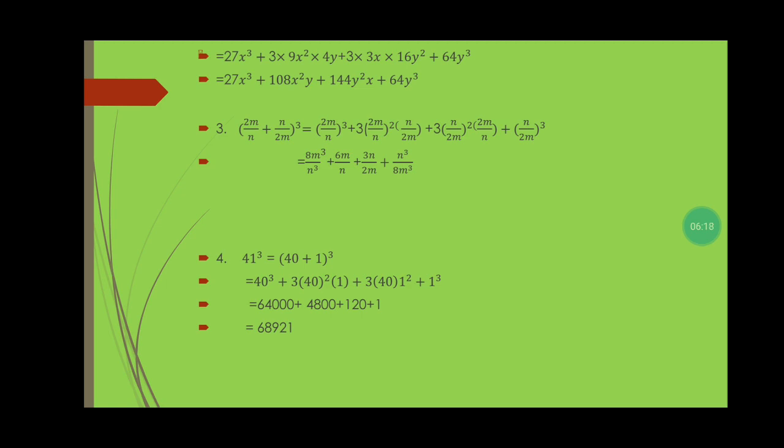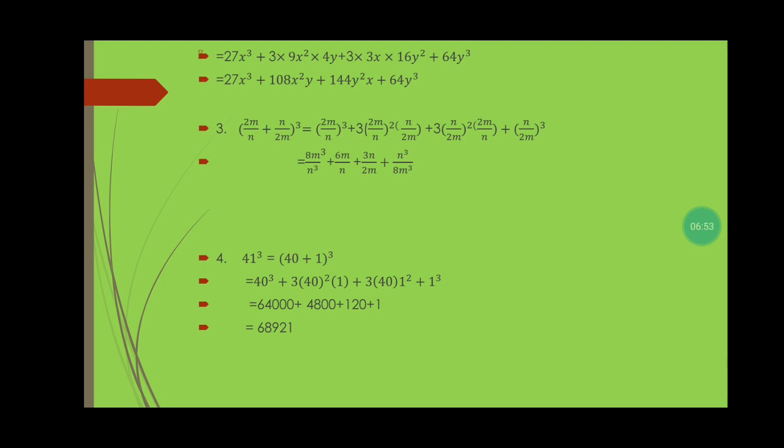Now the same thing we will be applying on numbers when we are supposed to find the cube of it. When the numbers are smaller, up to 20, we know what the cubes are. But for a number greater than that, such as 41 or 42, we have to write it in terms of a binomial, that is 40 plus 1 will give me 41. The cube of that is 40 plus 1 whole cube. This type of problem we have solved for the squares of numbers also. The same concept we have to apply.